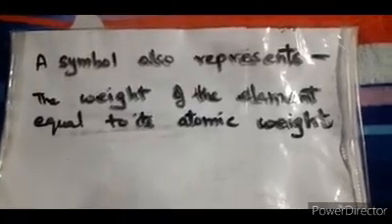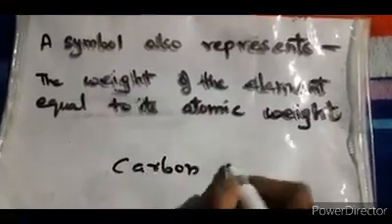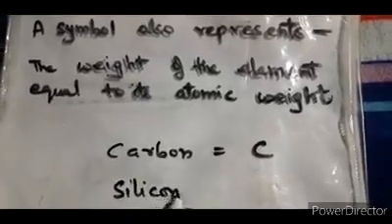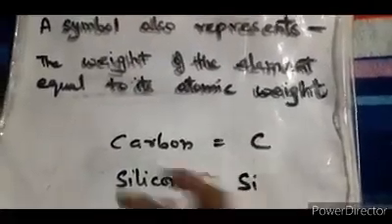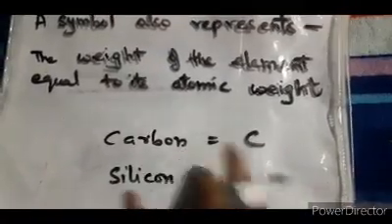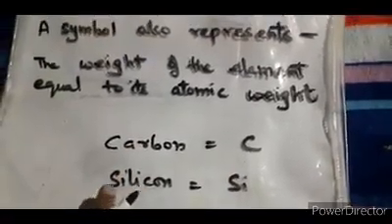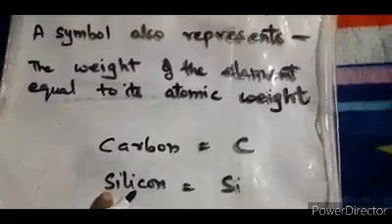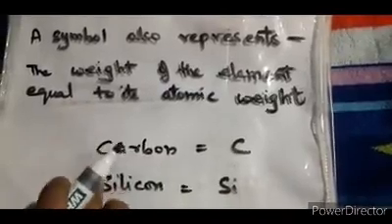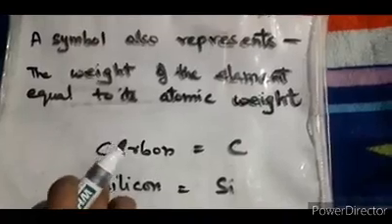So we have seen many times that if I write carbon, the symbol of carbon is C. Even silicon, its symbol is Si. So there are various ways of representing the symbol for an element, and you have to focus that the first alphabet of that particular element is always capital and the second one is small, and if it is a single alphabet, that is capital only.